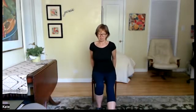We're gonna extend the right heel forward. Yeah, you probably can't see my feet, but that's okay. So we're gonna take the toes. Again, it might feel uncomfortable depending on what kind of chair you're in, so make sure that you're comfortable in your hips. Good. And then either you can grab the sides of your chair and lift your foot up a little bit